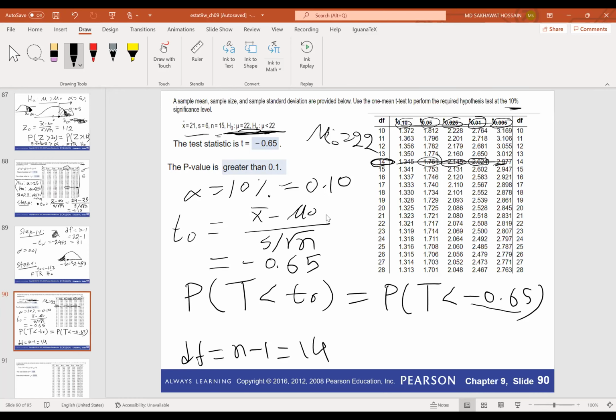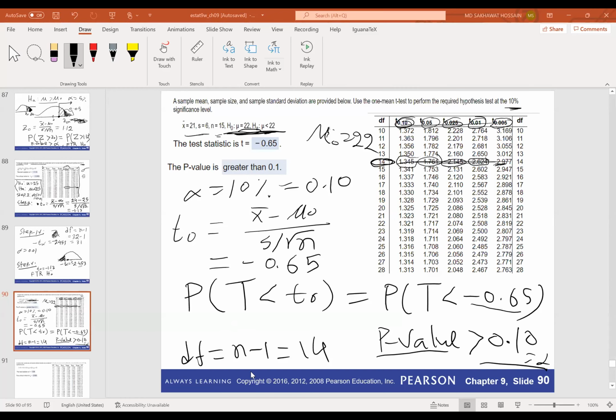So this is 0.65, which means this is smaller than 1.35. So that means the probability will be greater than 0.10, right? So the p-value will be greater than 0.10, and this is actually alpha. Even though you do not know the exact p-value from here, you know that the p-value is greater than alpha. So that means you can make your decision. Or if you want to get the exact p-value,